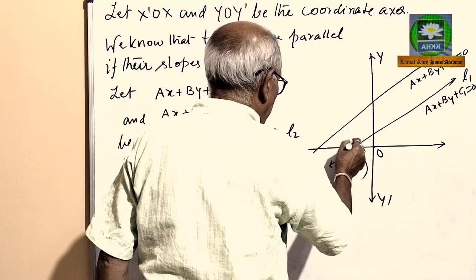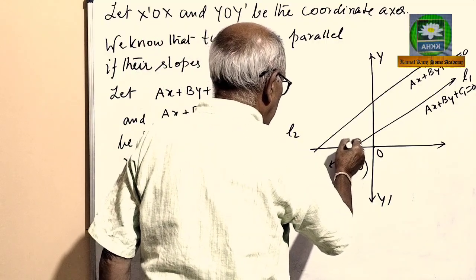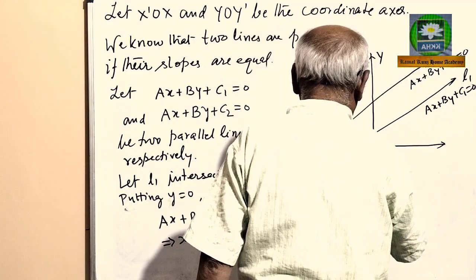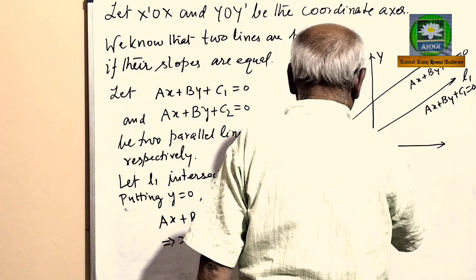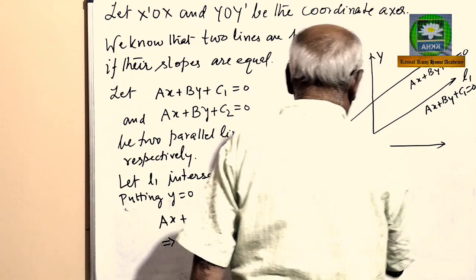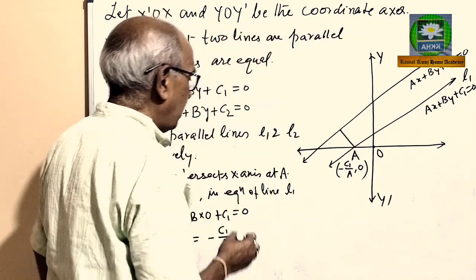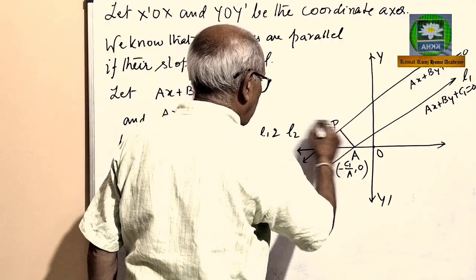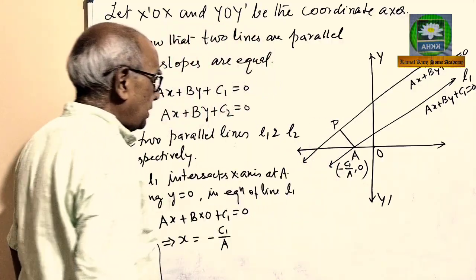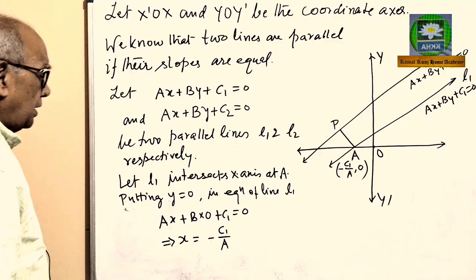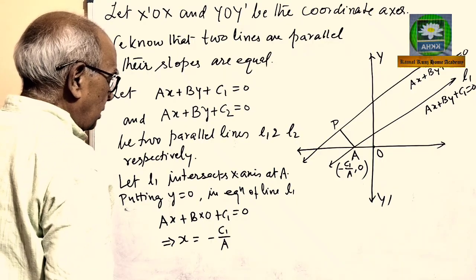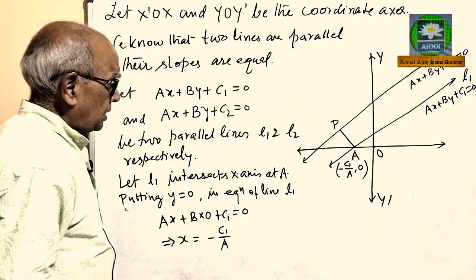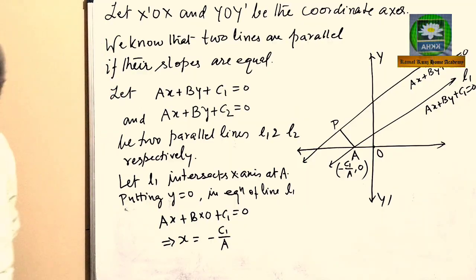Now let AP be perpendicular to line L2 from A. So AP represents the distance between the two parallel lines. Now we know that the distance of a point from a line is given by